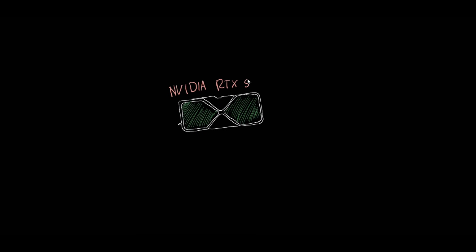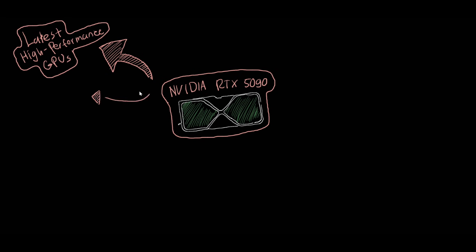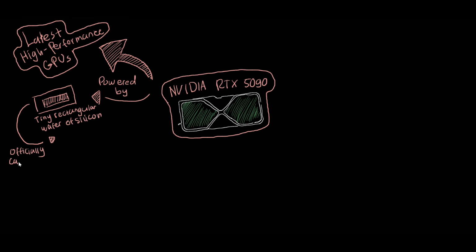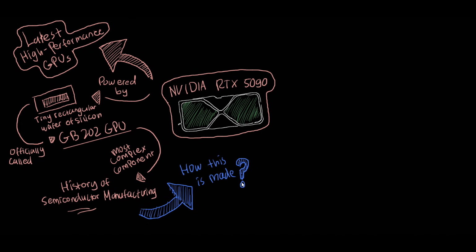NVIDIA RTX 5090. It is the latest entry in a series that holds a near monopoly in the global market for high-performance GPUs. But powering this massive card is a tiny rectangular wafer of silicon hidden deep inside. This component is officially called the GB202 GPU, and it represents one of the most complex engineering challenges in the history of semiconductor manufacturing. In this video, we are going to try to understand how this is made, and how